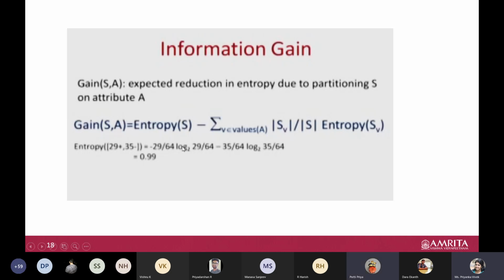Okay, for the information gain, that is the measure we are going to use. Here S is your training samples and A is your attribute. For each attribute you are supposed to find the information gain, and whichever has the maximum information gain, we split based on that. How do you find that? It is the entropy of S minus the sum over V, the different values of A, of SV by S, that is the proportion of that particular value, times the entropy of SV. This is the way we will calculate the gain.